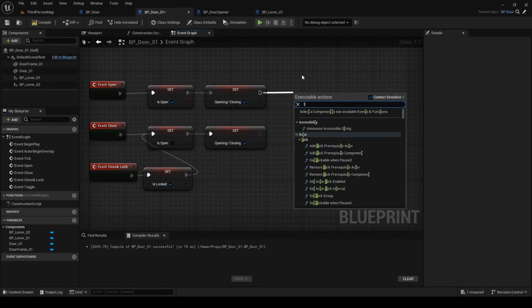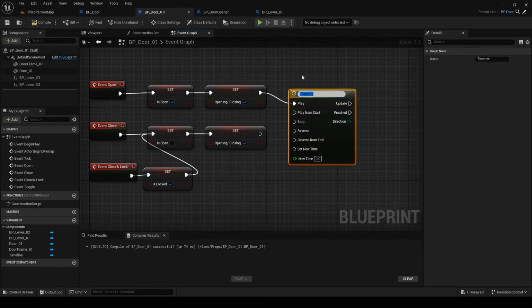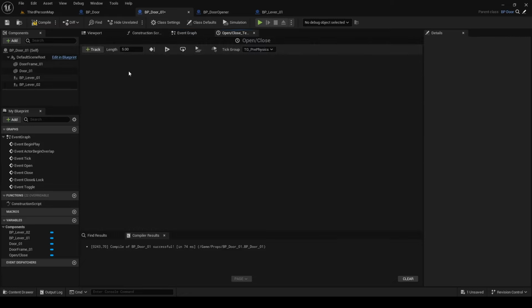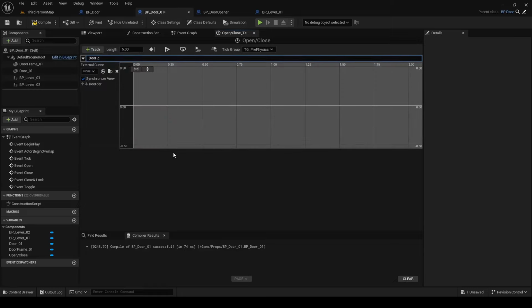Add timeline and name it open/close. Event open goes into play and event close goes into reverse. If you'd want to have some doors start as opened, connect it to play from start and reverse from end. Open timeline, add float track and name it door Z location.